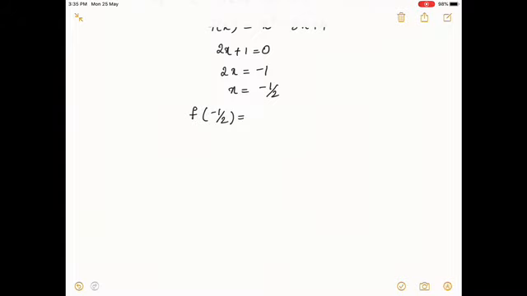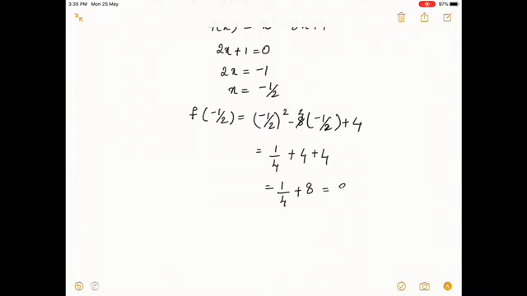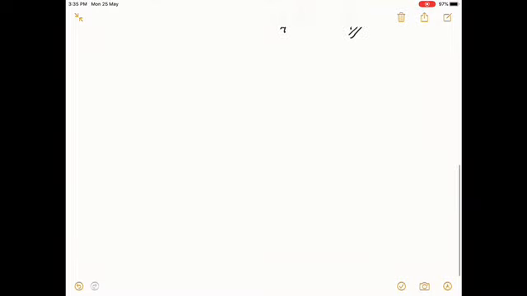That is equal to minus 1 by 2 square minus 8 into minus 1 by 2 plus 4. Minus 1 by 2 square will be equal to 1 by 4. Minus 8 into minus 1 by 2: you can cancel 8 and 2, you get 4. Minus into minus is plus 4, again plus 4. 1 by 4 plus 8 gives you 8 1 by 4. So that is the remainder for this equation.